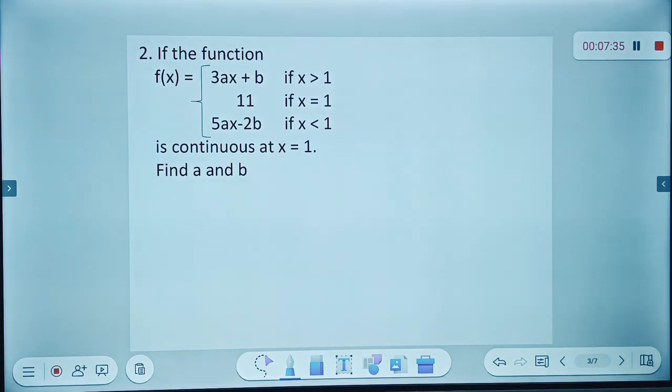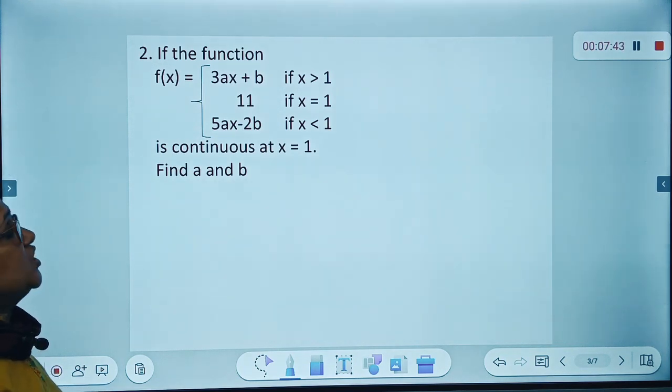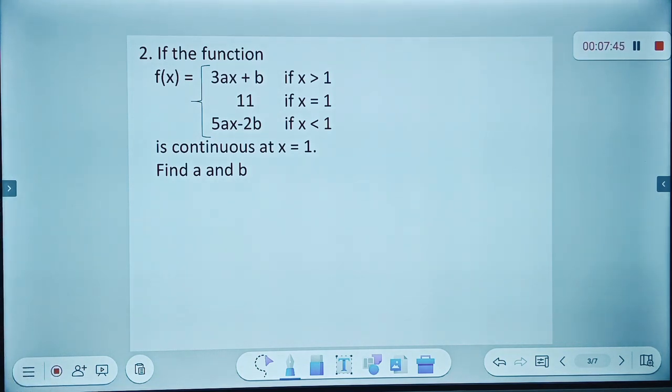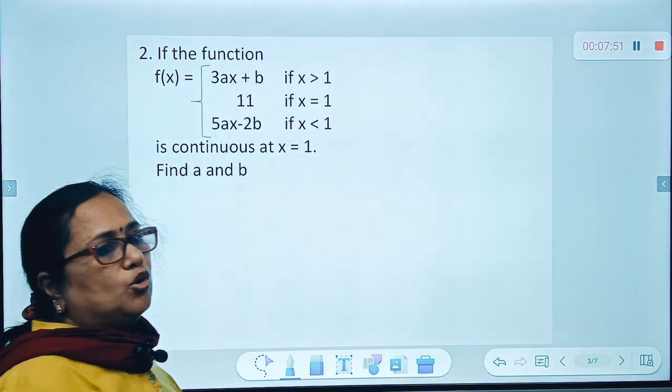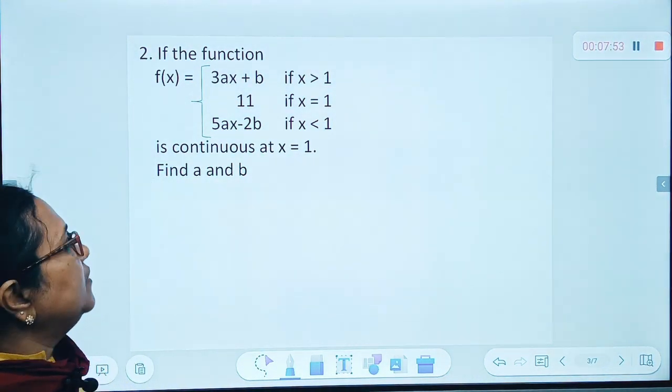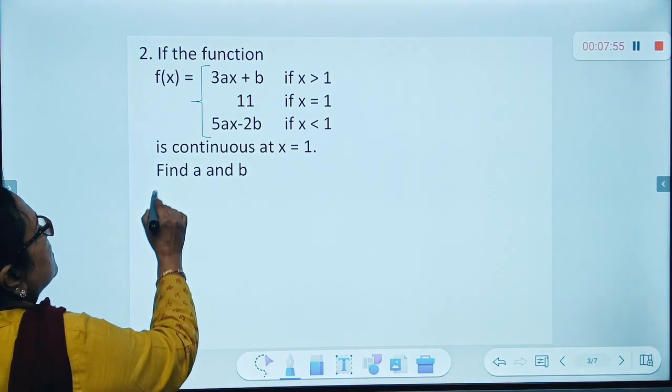Now look at this problem. Now f of x is defined as 3ax plus b if x is greater than 1, 11 if x equal to 1, 5ax minus 2b if x is less than 1. It is given to be continuous at x equal to 1. You have to find the values of a and b. So since